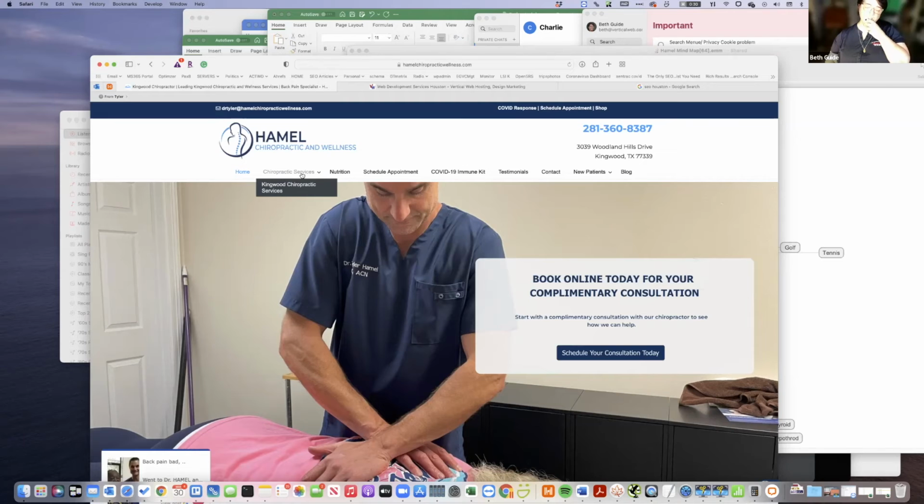The next thing that's not here, but will be eventually, is a locations tab. The locations tab is going to be a small geographical piece about Humble, one about Kingwood, one about Tascosita, and one about the Lake Houston area.